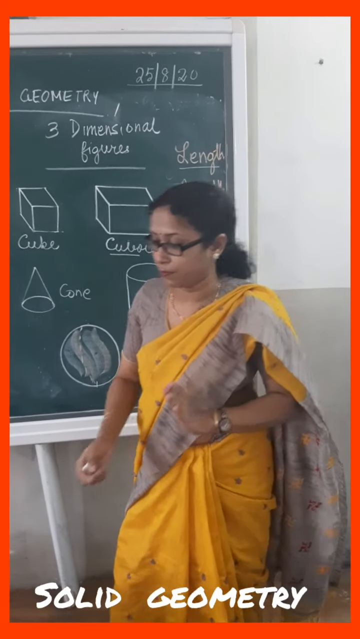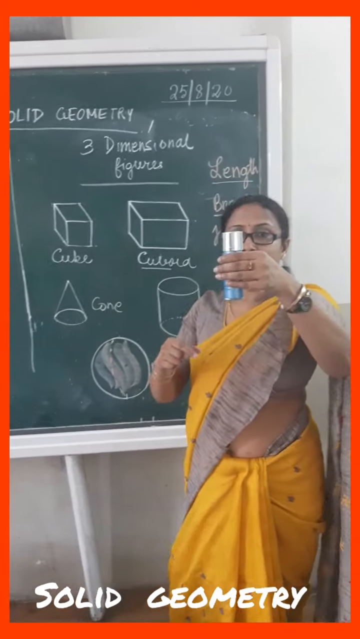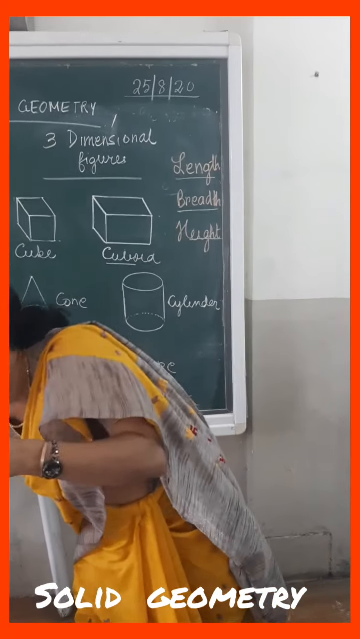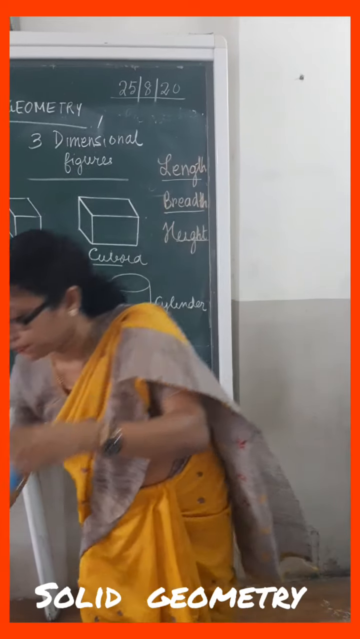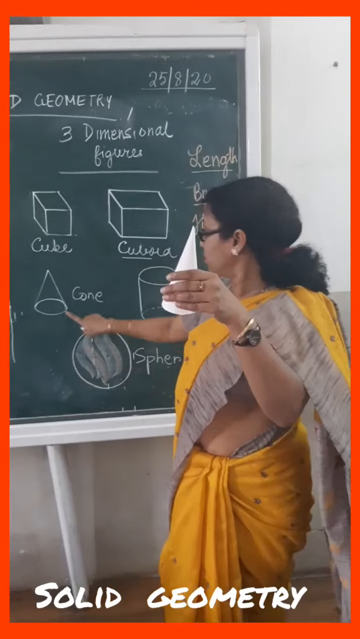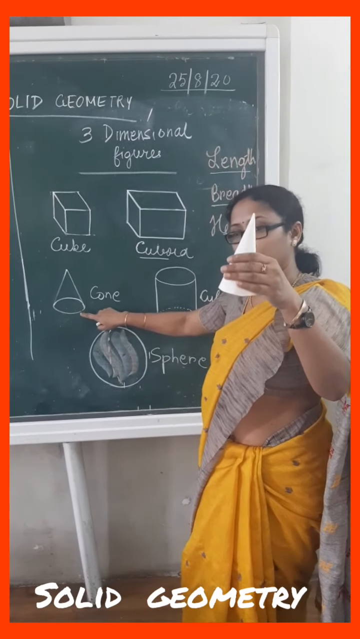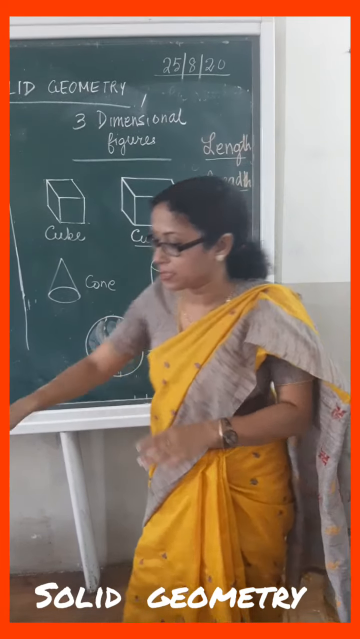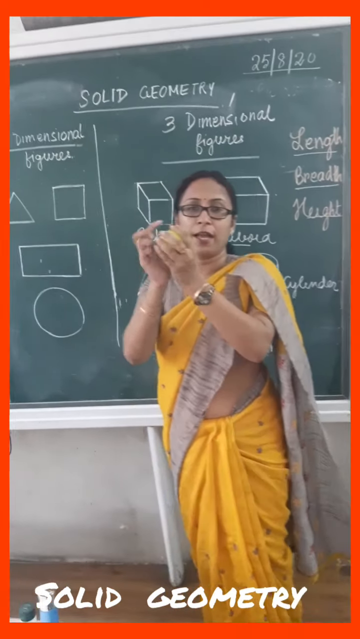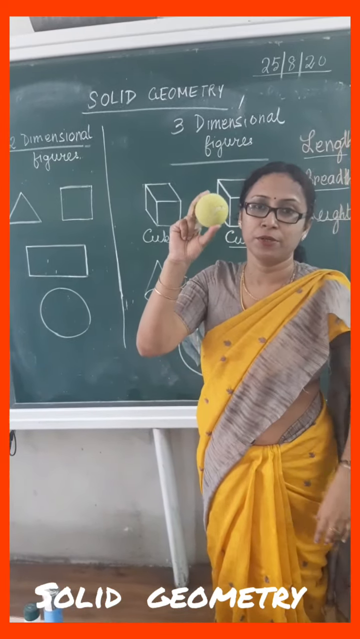There is a difference. This is a cylinder. You have all seen this type of shape. Cylindrical shapes. Then we have a cone. And last we have a sphere. A ball, a sphere, I can touch and hold it in my hand. This is a sphere. So these are all